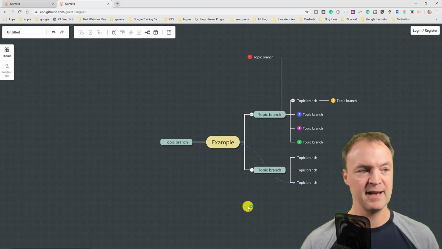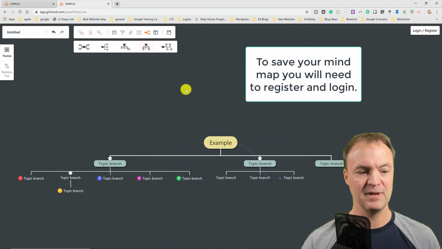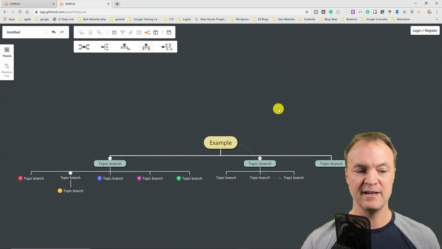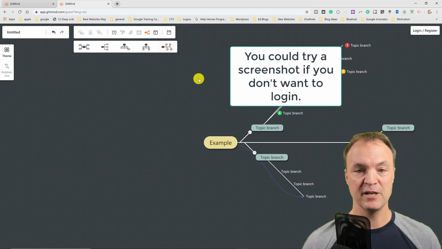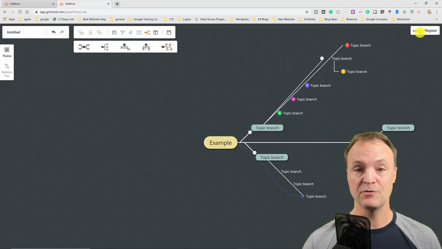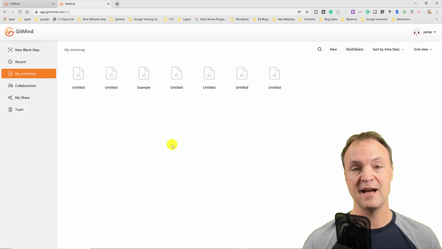I'm going to go ahead and get logged in in a moment. I'm just going to show you the layout first. If you want to quickly change your layouts, you can see you have different functions that you can click on and just get a different look right away. But I'm going to go ahead and get logged in. I made my account. As I mentioned, it was a free account. I'm just going to log into this, and now you're going to get some more features.